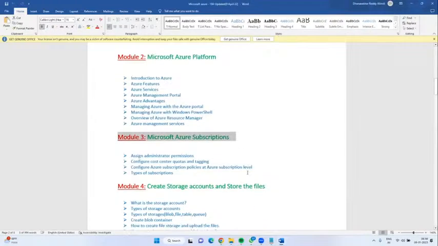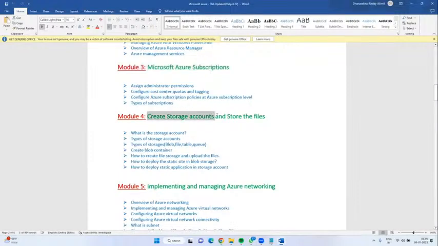Next, another model: create a storage account and store files. What is a storage account? What is the alternative for storage? You people frequently use something to store your personal data, images, etc. Maybe a hard drive or pen drive. Yeah, we can say OneDrive, Google Drive. Am I right? In the same way, Microsoft introduced the storage account, where we can store TBs and TBs of data.